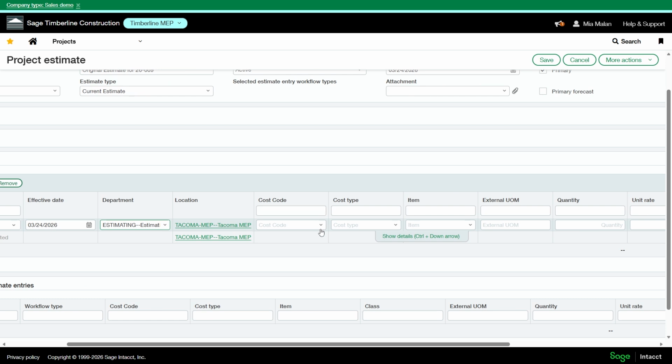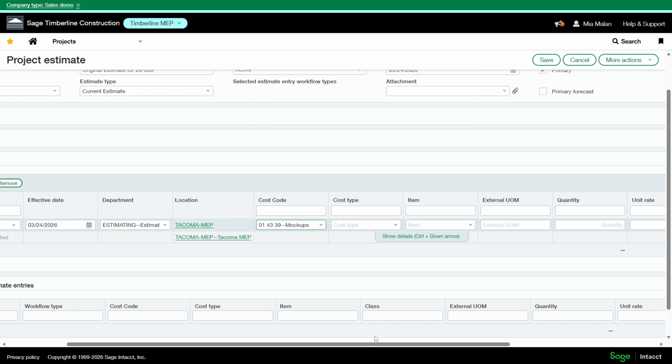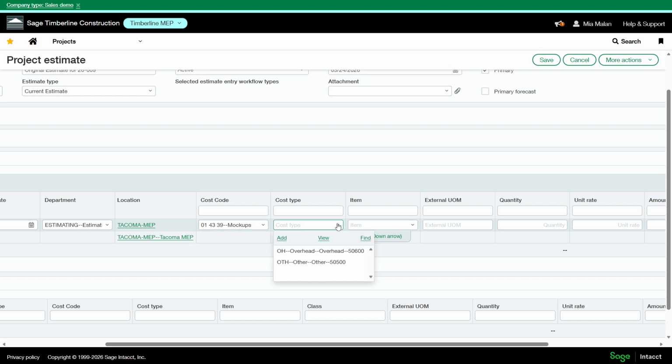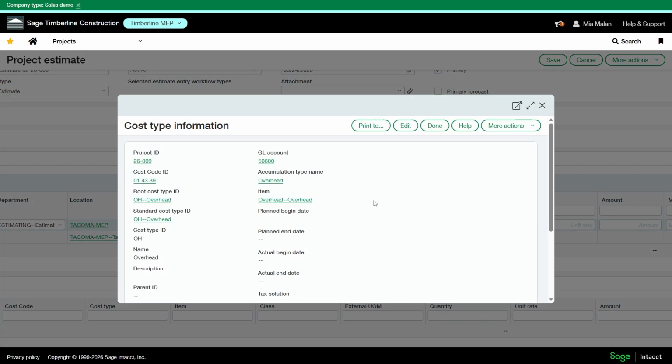Okay, so here's when I start to enter my cost codes or tasks. So select the project task this line relates to and the cost type associated. Item will automatically come in depending on the setup.